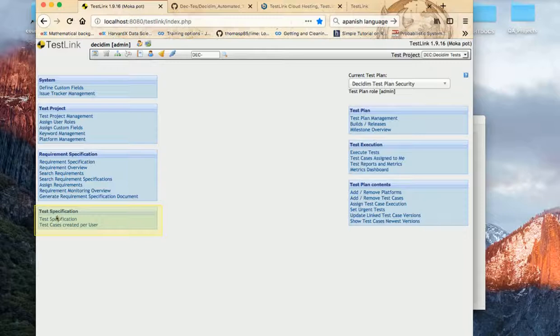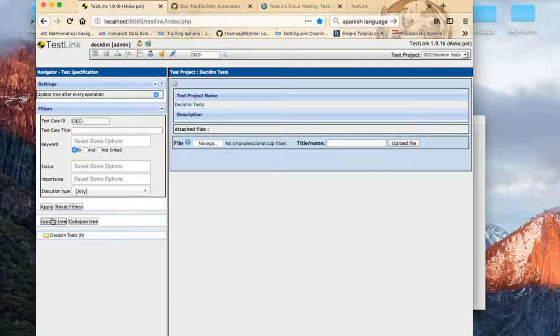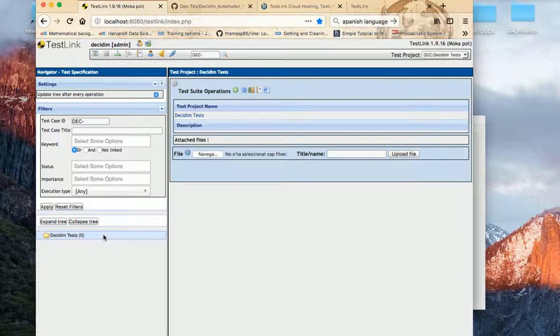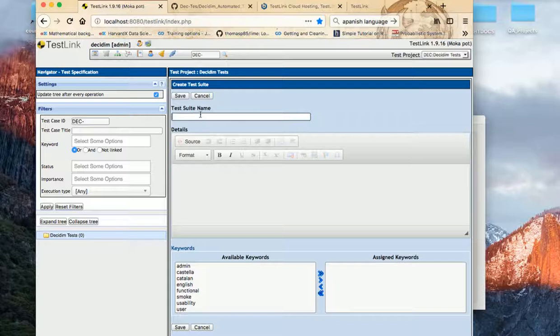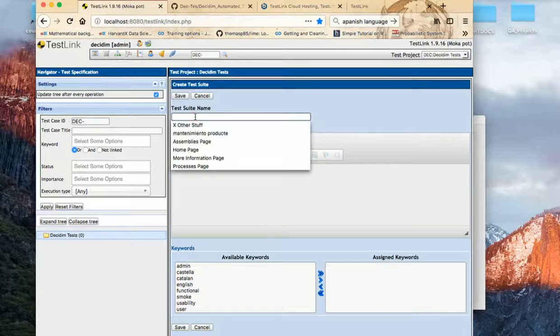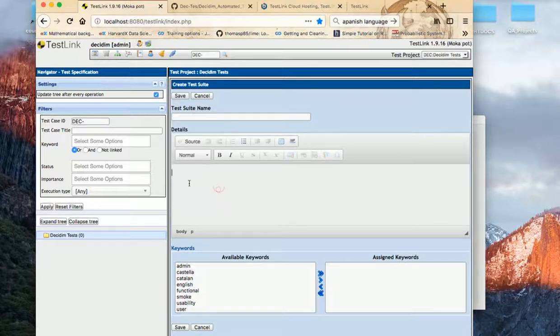So let's go to the test case and assign the test case to the requirements. You see now we are in the window in test specifications, and it's empty. Obviously, like in the test case and the test plan, that's the beginning. So we can create from scratch any test case, just entering a title, giving some brief description, selecting the keywords, then